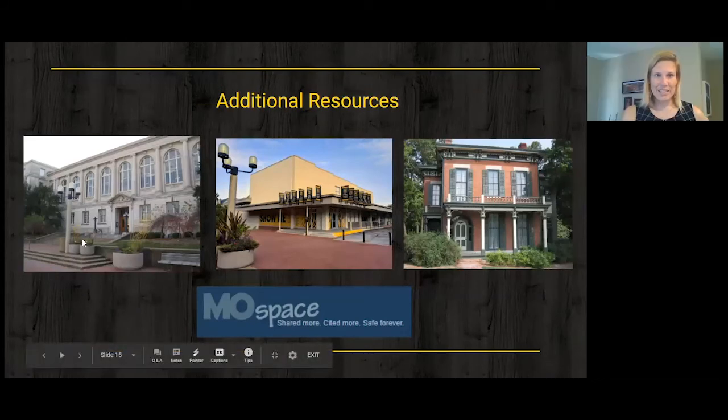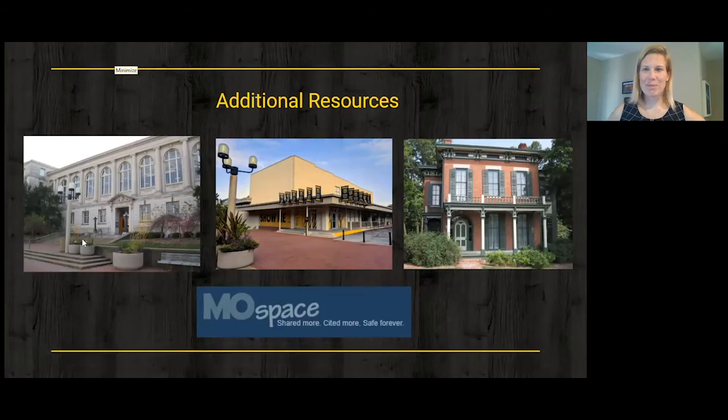Okay, so the last slide that we have here, well, okay, it's not the last slide, but this slide is just talking about the resources that you have available to you on campus, and also if you're online. The first one is a picture of Ellis Library, which is the big central library on campus, but we do have a number of subject specialized libraries.